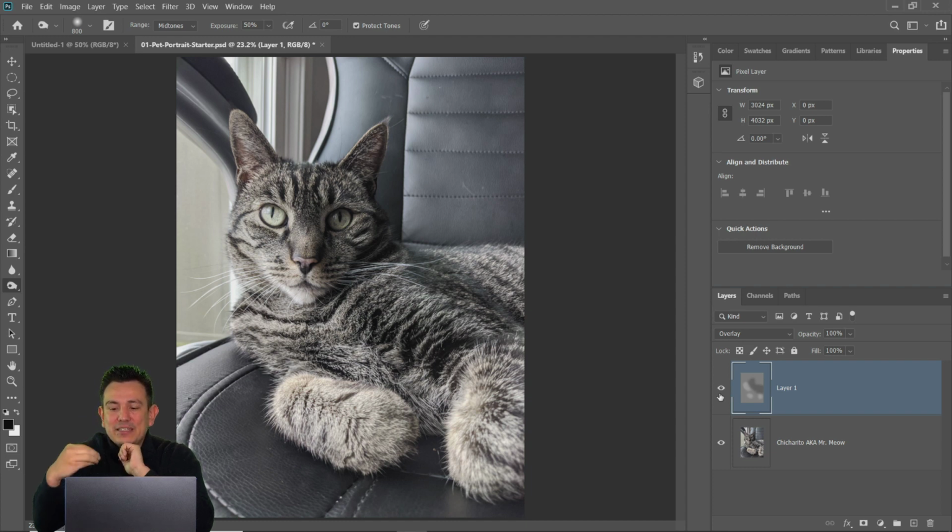And although this technique is great, I'm going to show you another technique that I think gives you a little more control, and it'll make the portrait just a lot easier to work with and make changes when you need to. Because at this point, if you need to make a change, you won't be able to, because, I mean, you will be able to, but you need to